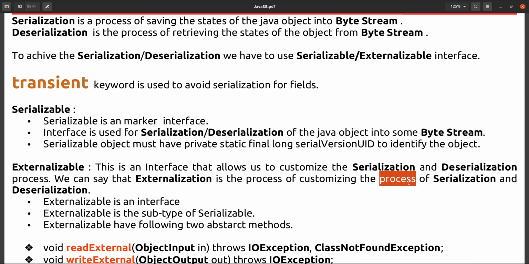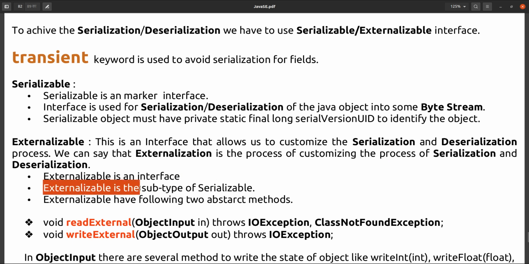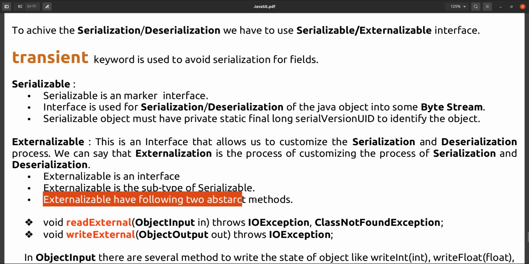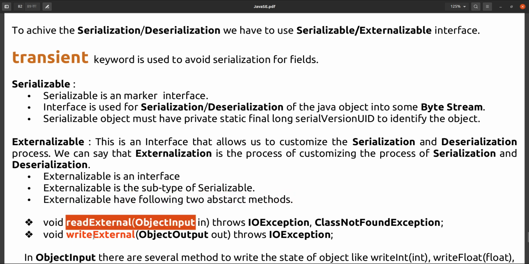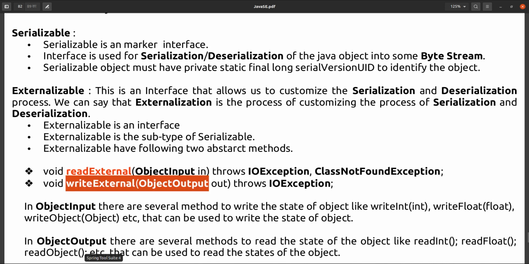The customization of serialization is called externalization. Externalizable is an interface, and it is also a subtype of Serializable. Externalizable has the following two abstract methods: readExternal and writeExternal.